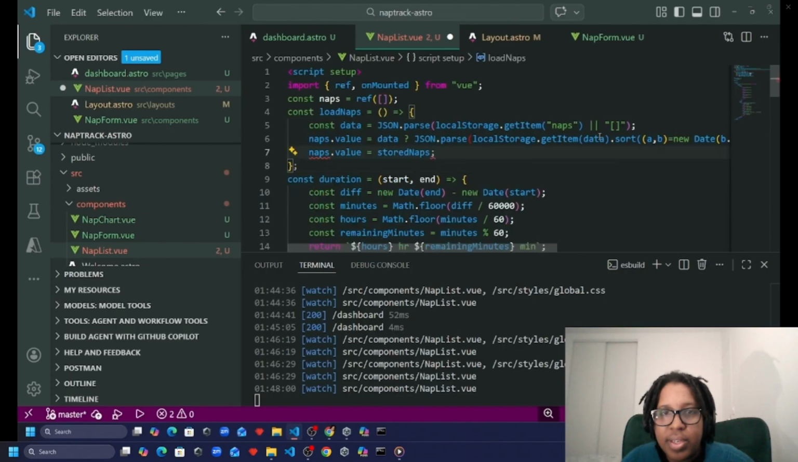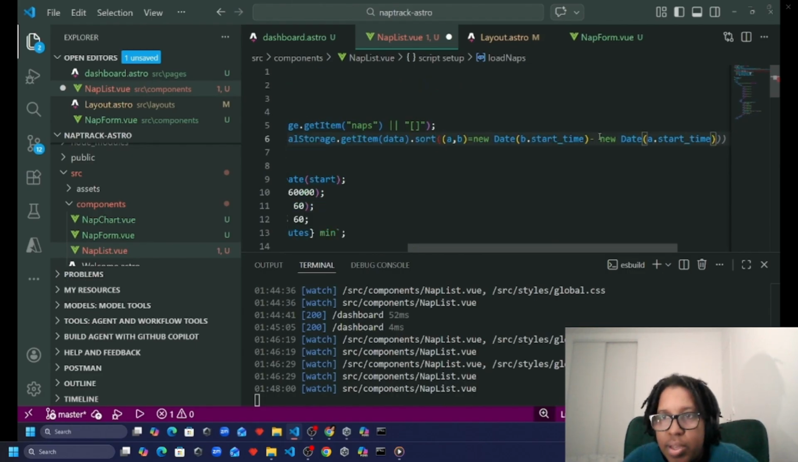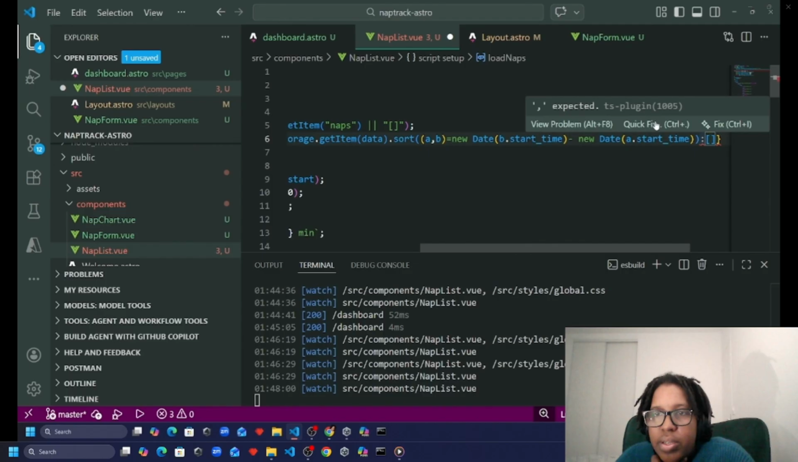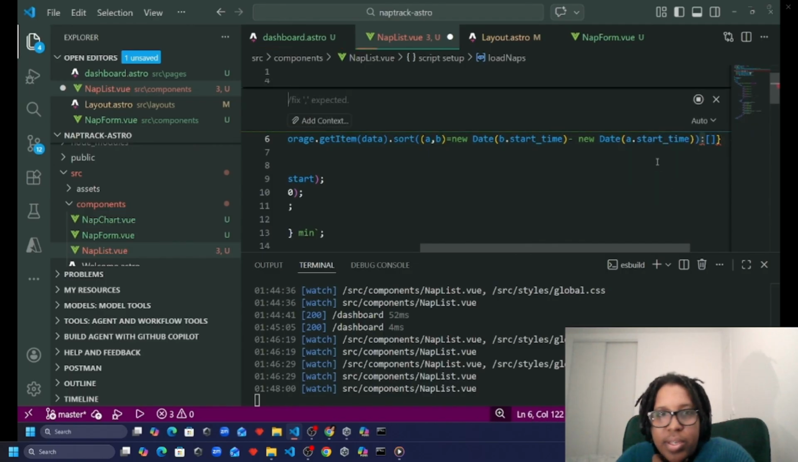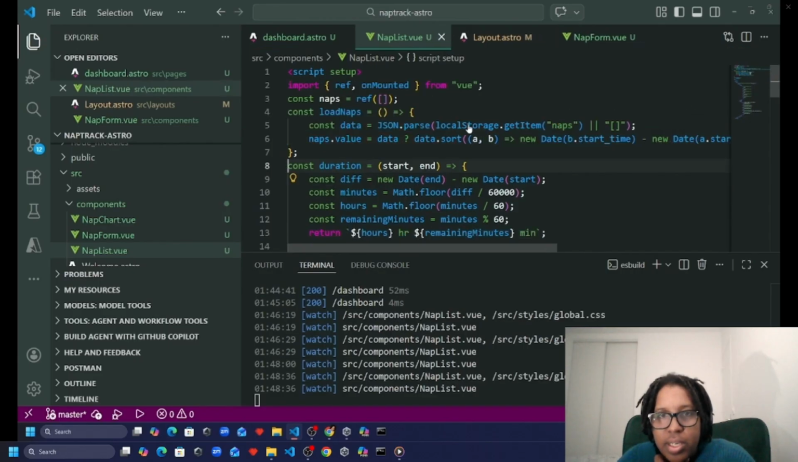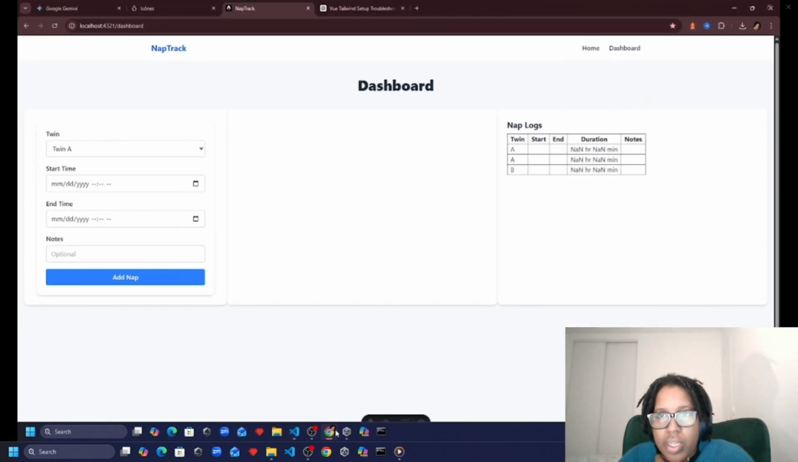Get rid of this stored naps, I think. Yeah, we don't need that. Okay, that's all good. Use Copilot to fix it. Okay, we're still not getting